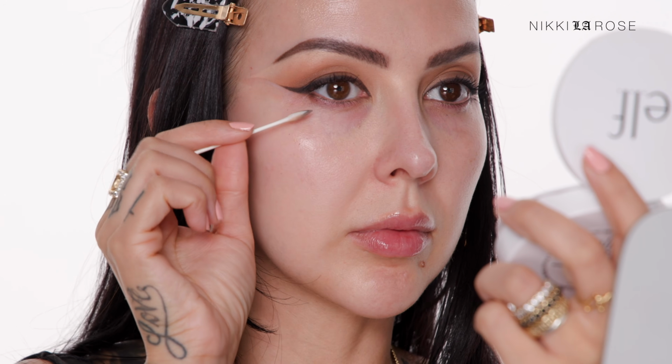Now that my eyeliner is done, I'm going to move on to the rest of my face just to get it started. And I'll be using the Power Grip Primer from e.l.f. If you guys saw my last video, I got the little mini because I'm just not a huge primer person. But I actually really did like this. I don't know, it didn't feel filmy on my skin. And I think that's one of the reasons why I don't like